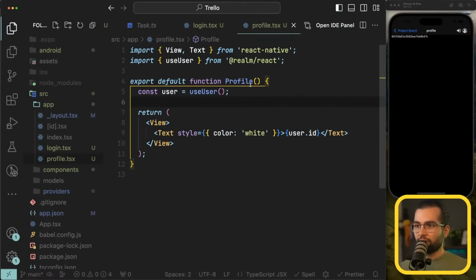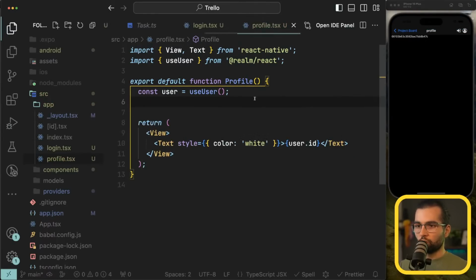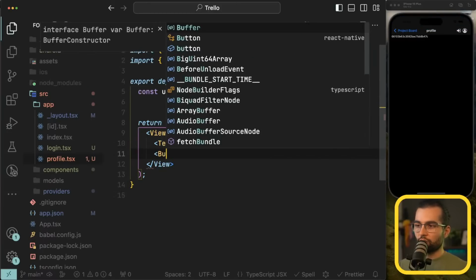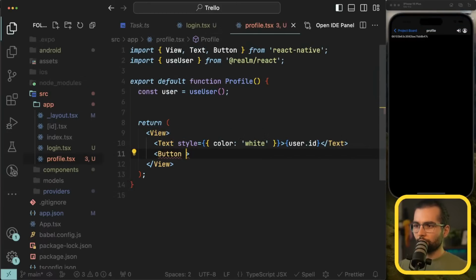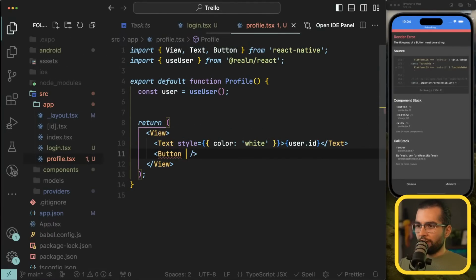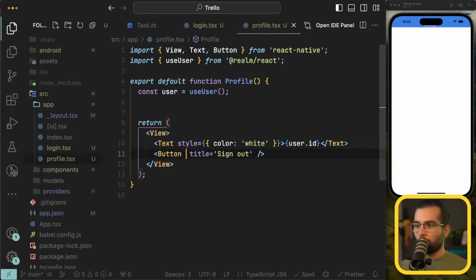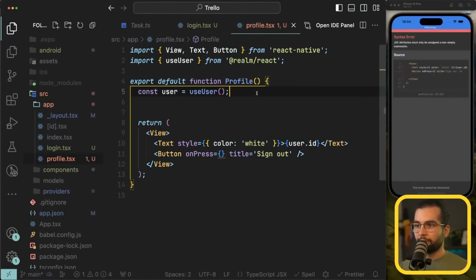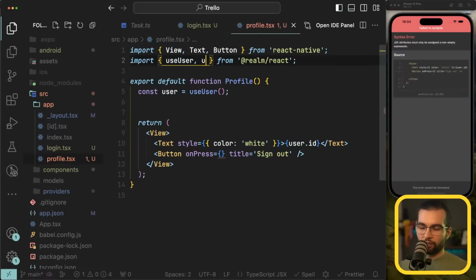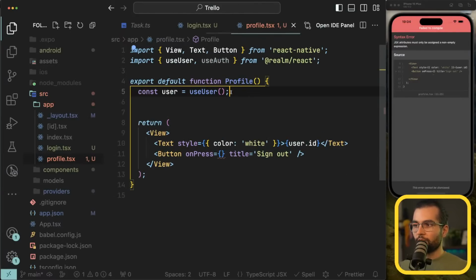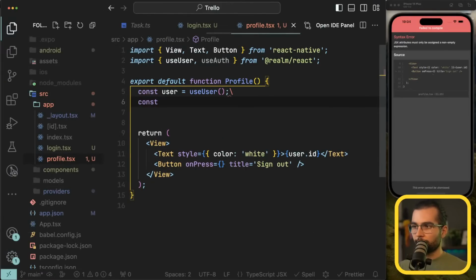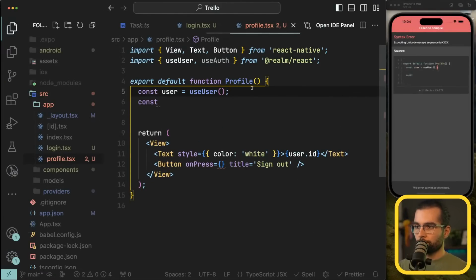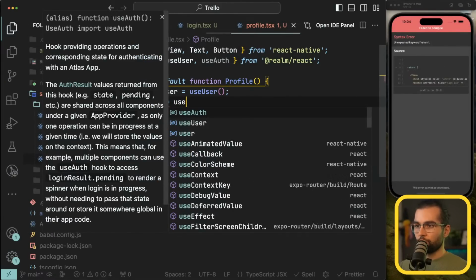What I want here actually is to try to do a sign out. So let's add a button with a title sign out. On press, what should happen? Probably using the useAuth, we can get access to the sign out function. Const something equal useAuth,